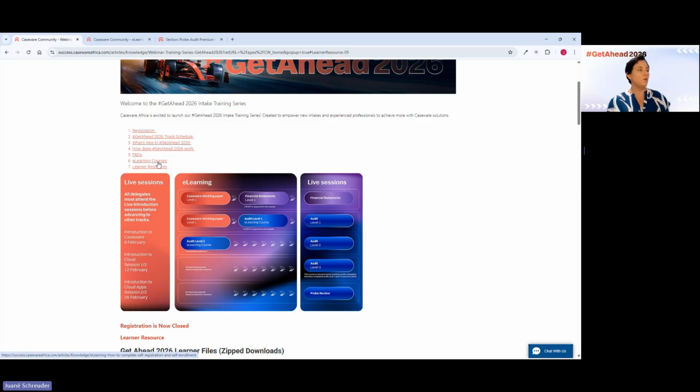All right. While we are on the page here on the success community, you can also see that for audit level 1, where do we have audit level 1 now? There we go. It is advisable that you complete Caseware working papers e-learning as well. That's really just because most of the people preparing or completing today's session are also probably new trainees, new users to Caseware working papers. So that one will teach you about, I almost want to call it, the basic features of the software itself. Whereas in the audit sessions, we are going to focus on how to do the audit work.